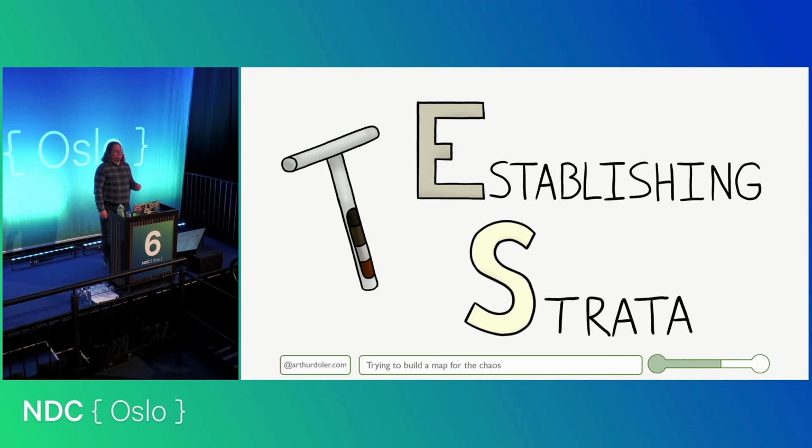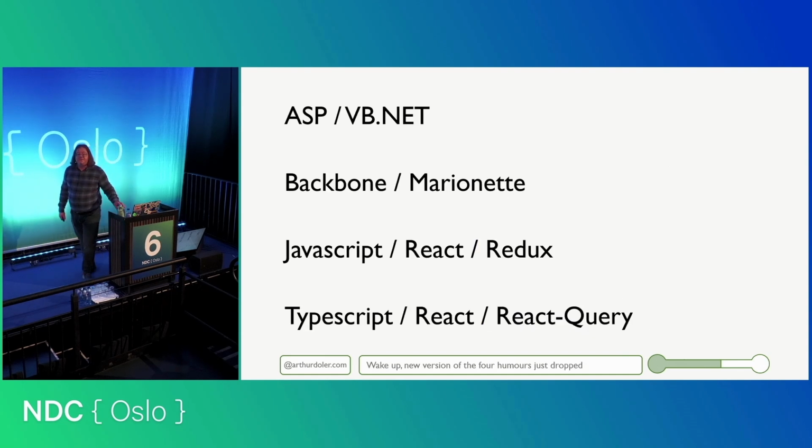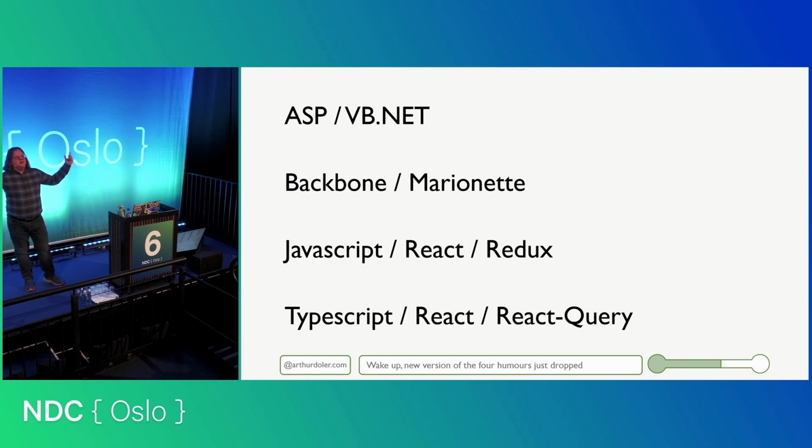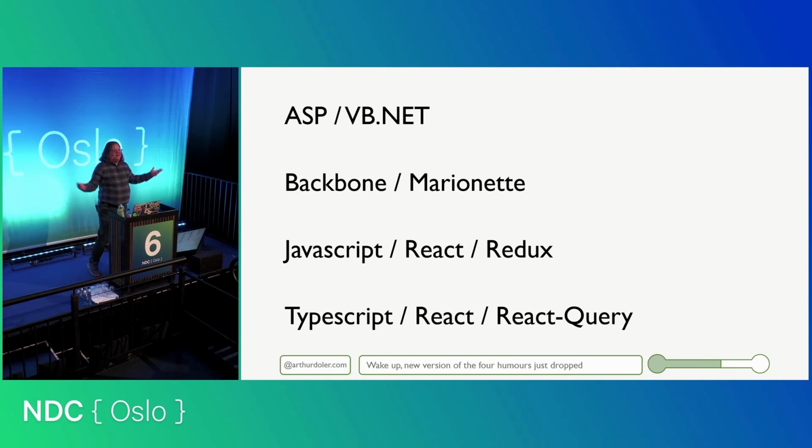As you go through these processes, you might actually be able to build out strata of your system, depending on how old it is. For example, the back-of-house restaurant management software has 4 distinct strata. It has an ASP.VB.NET strata, it has a brief Backbone Marionette strata, it has a JavaScript React Redux strata, and the most modern strata is TypeScript React React Query. All of these exist in the same application. Yes, they're all running. Yes, we do use all of them. We're working on getting rid of the old ones, but that's the reality of code. You generally don't have time to go back and fix everything.